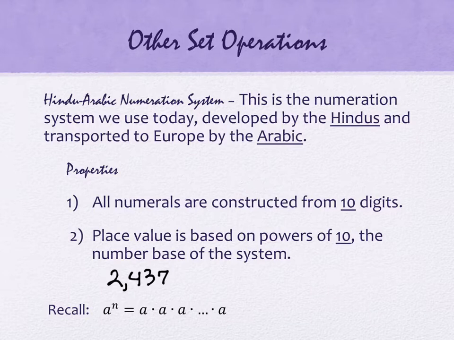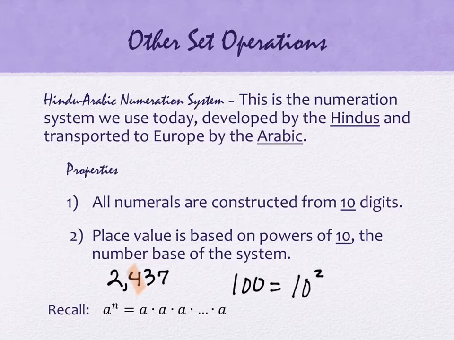And I'd like for you to recall this fact. We've talked about this before. We will talk about it more later on. That when we have a to the power of n, it means a multiplied by itself multiple times. So when we look at, say, for instance, that number 4, this is in the hundreds place, but 100 is a power of 10, it's 10 squared. So when I talk about it being base 10 or powers of 10, that's what I'm talking about,